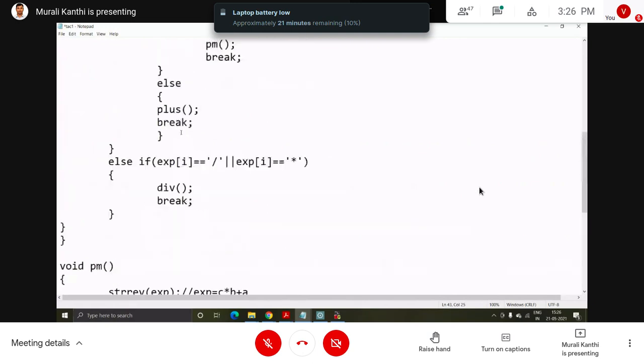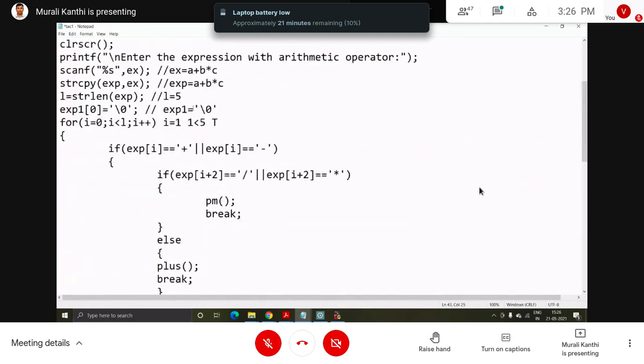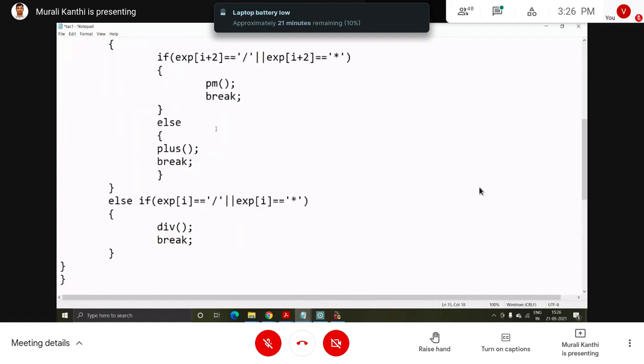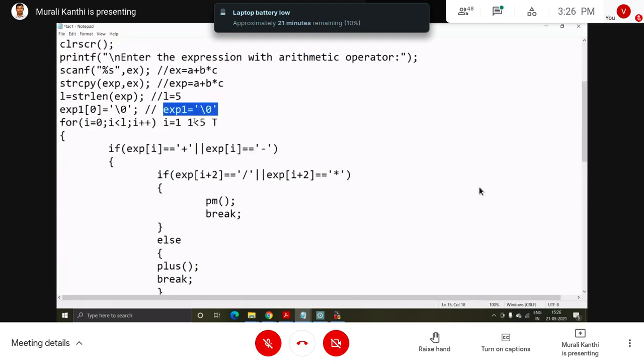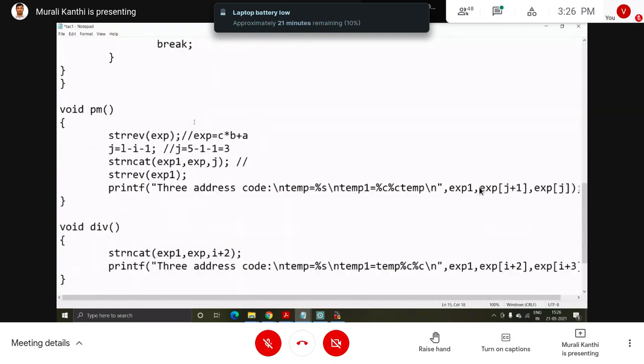Exp1 is a variable initially holding null, nothing is there in that. Exp1 is initially empty, so it is still holding the null character. So first 3 characters C into B, 1 2 3, are appended to exp1. So now exp1 equals C into B.